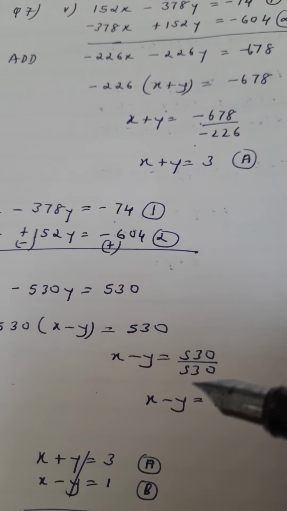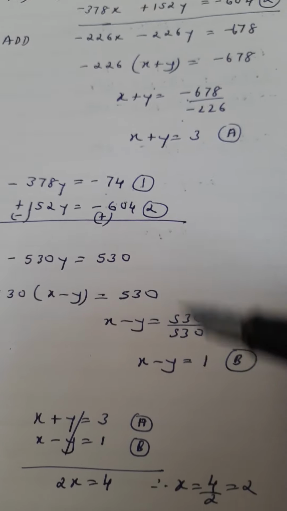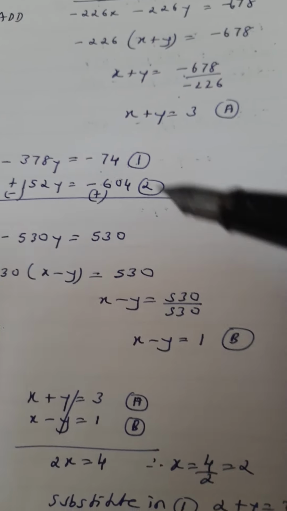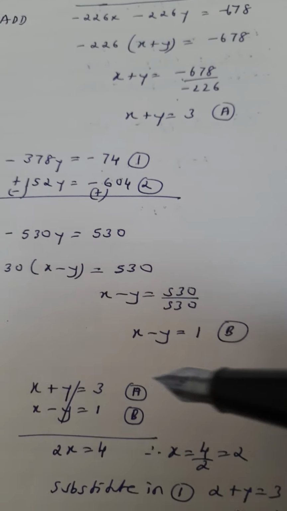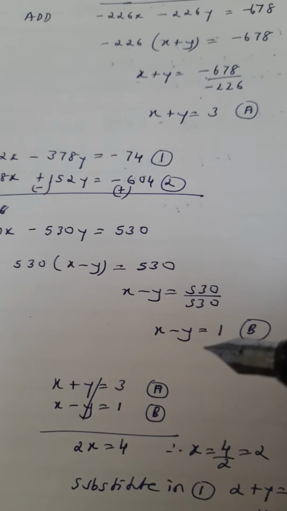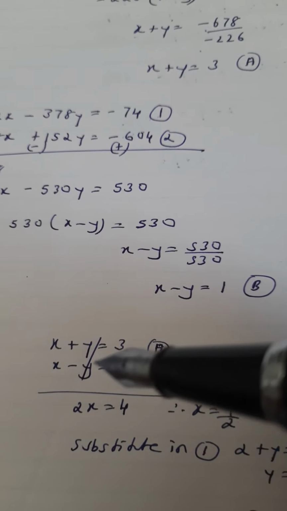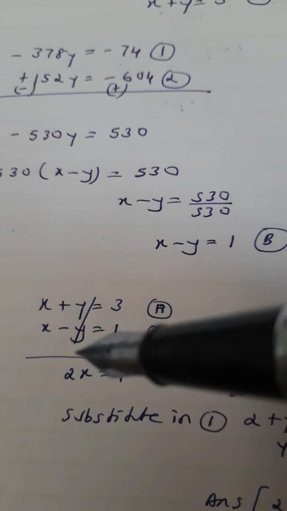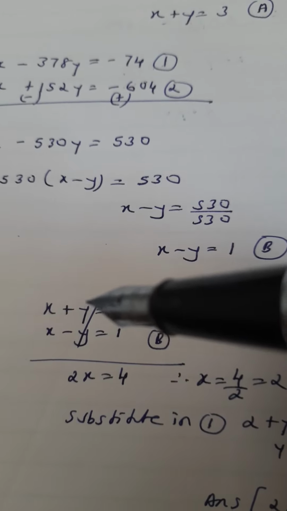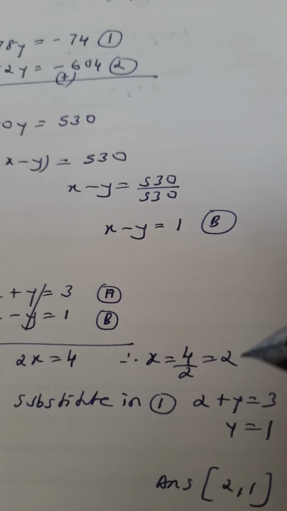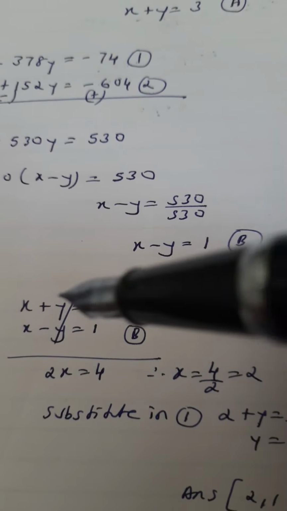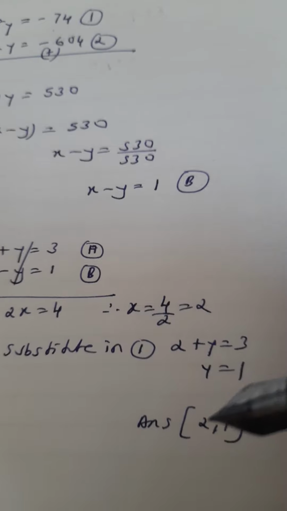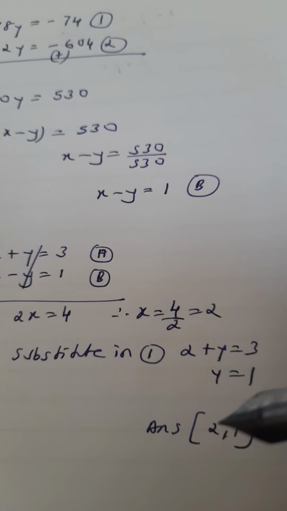So again we've got a simple equation. So you can take these equations a and b. You can number it 3, 4, whatever you want. But the two small equations that I've got after addition and subtraction, I'm going to solve. Now solving this is all very easy. Either you can subtract or add, because even when you add, the y terms are going to get cancelled. So 2x is 4, x value is 2. Substitute the value of x is 2 anywhere, you will get the value of y as 1. So answer x is 2, y is 1, or 2 comma 1.